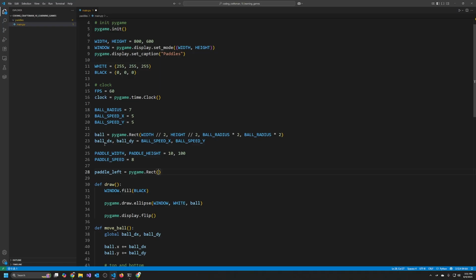Correct. I want it set in a little bit from the left side, because you don't want the paddle touching the edge of the window because that would look weird. Let's see. We want this one to be also in the middle of the